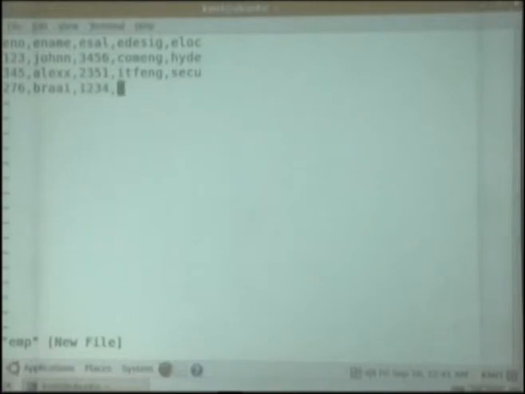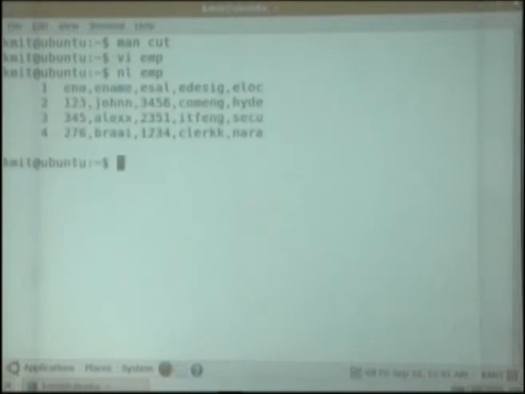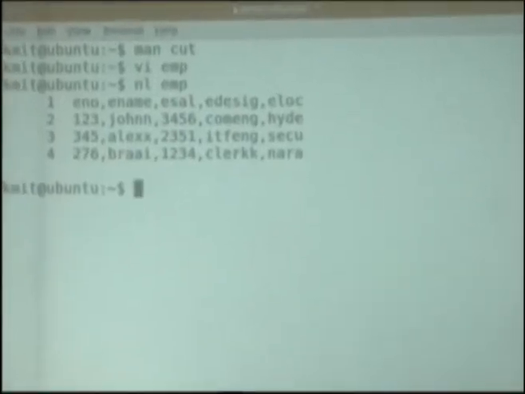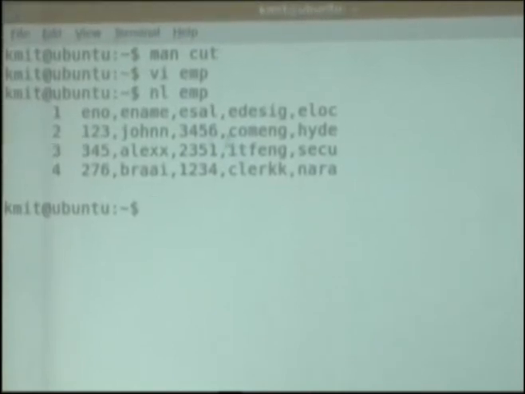Narayan Gowda. So when we see this, there are 3 records. I have given the column names also: employee number, employee name, employee salary, employee designation, and employee location. We have 3 records in our file.